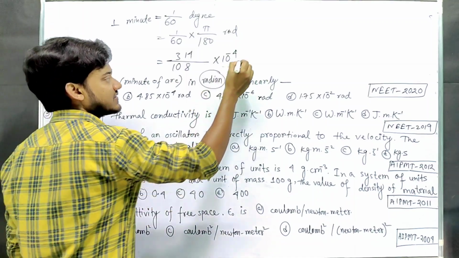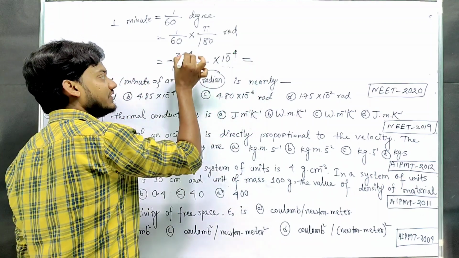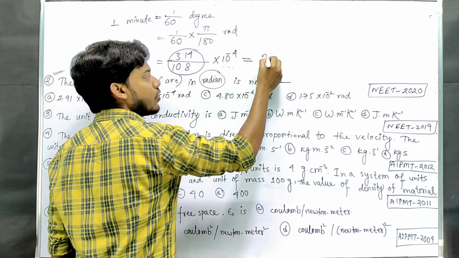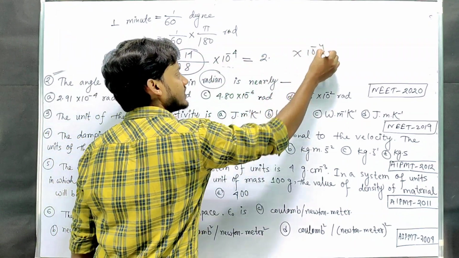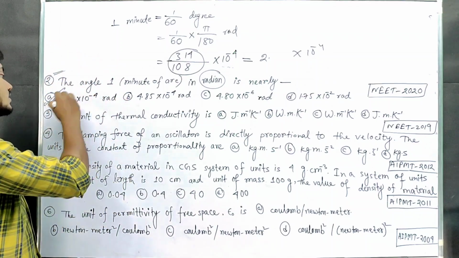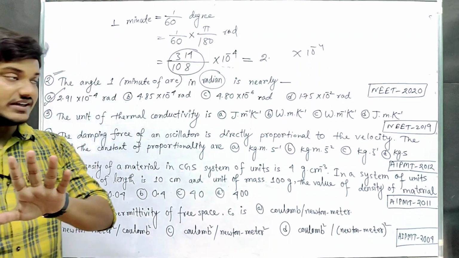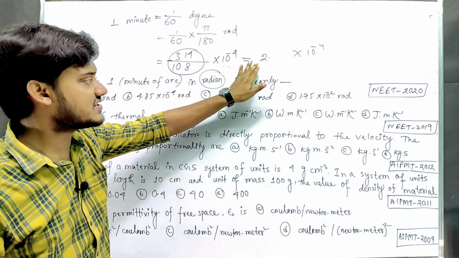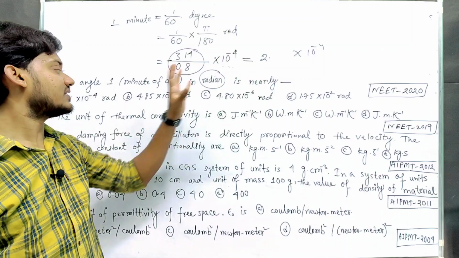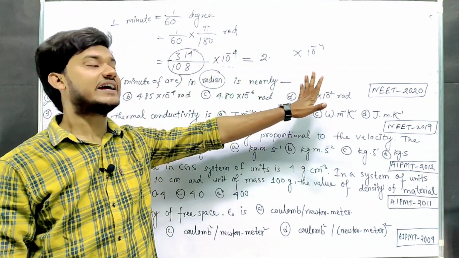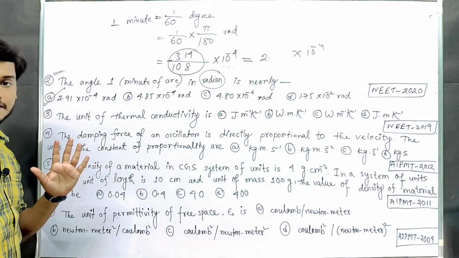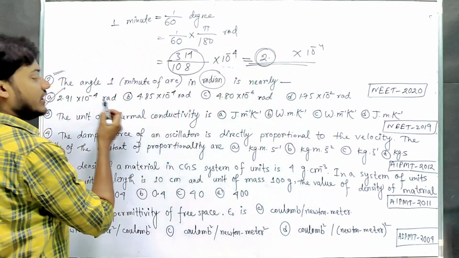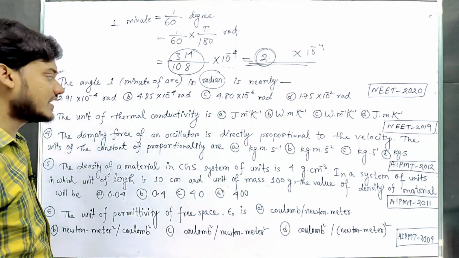Okay, next, if we divide this 314 by 108, we get 2 point something into 10 to the power minus 4. So the answer is option A. Remember one thing, never calculate the whole thing, just calculate the first digit, after that the right answer will automatically come. Okay, never calculate the whole thing, just calculate the first digit, you will get the answer. Okay, next,